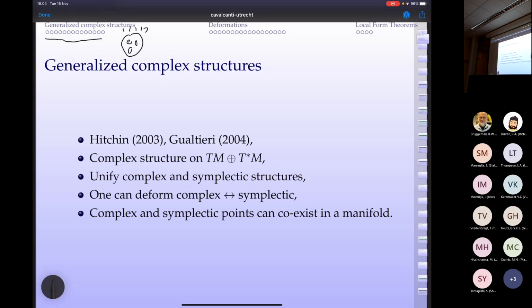But for now, I'd like just to give a few key things that you could take home with you anyway. One of them is that they unify complex and symplectic structures, which means, oh, look at that, Rafael